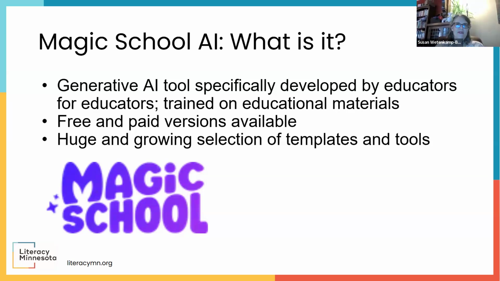So the other thing I found with general purpose AI tools like ChatGPT is that it's a prompt box and you can put anything in there, but you have to think of a thing you want to do with it and write the prompt. But with Magic School, because it has all these templates, you can browse through all of these options and say, oh yeah, I want to use it for that. And it might help spark some ideas for uses that you might not have come up with if the template wasn't already there for you.